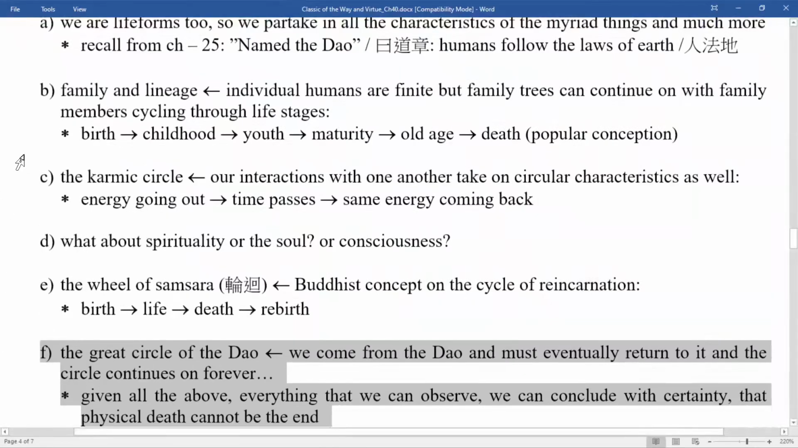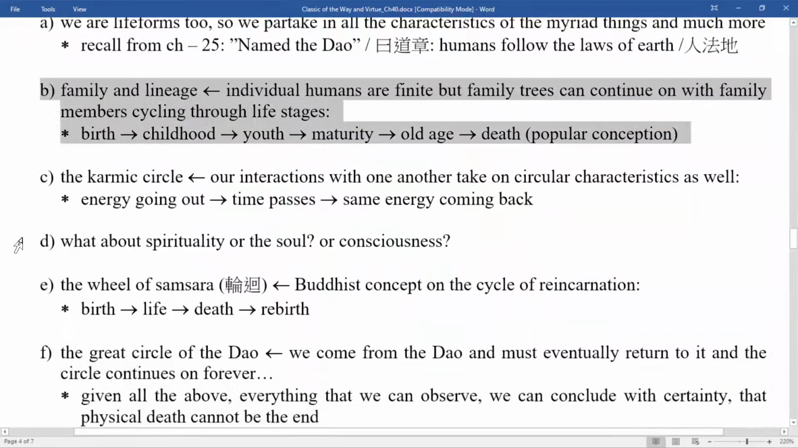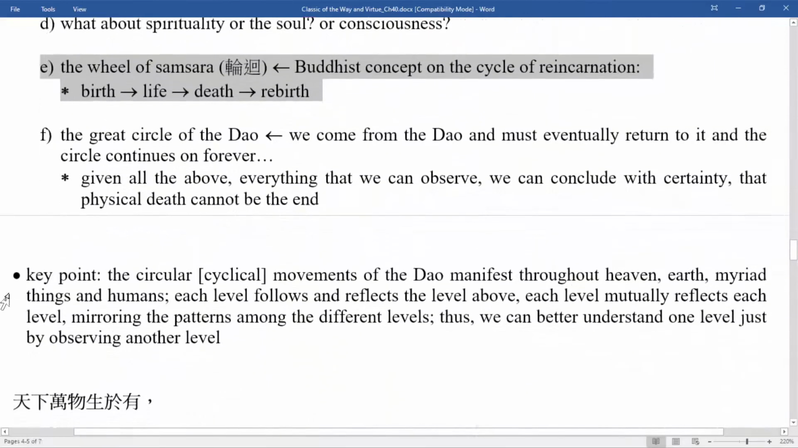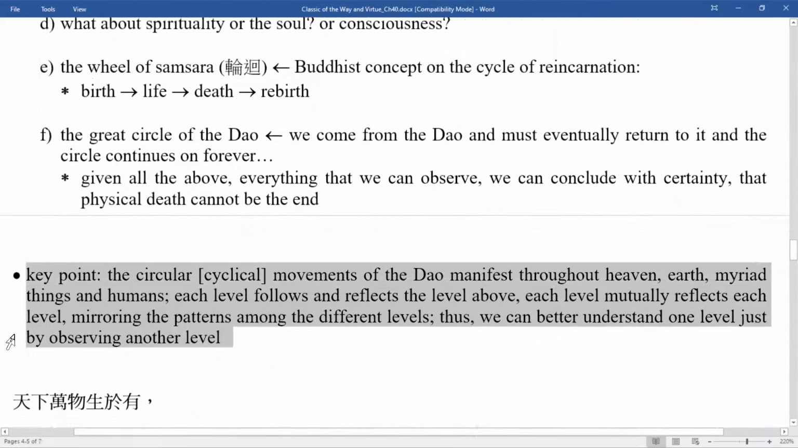Okay, actually, after death, you get rebirth. So that's what samsara is, that's what Buddha taught. All right, so the key point is the circular or cyclical movements of the Tao manifest throughout